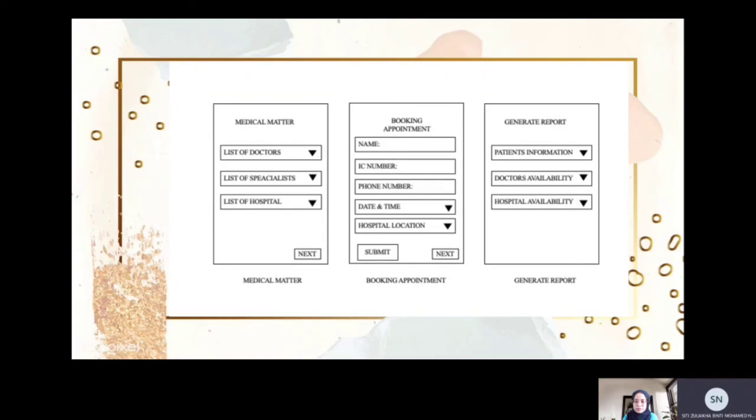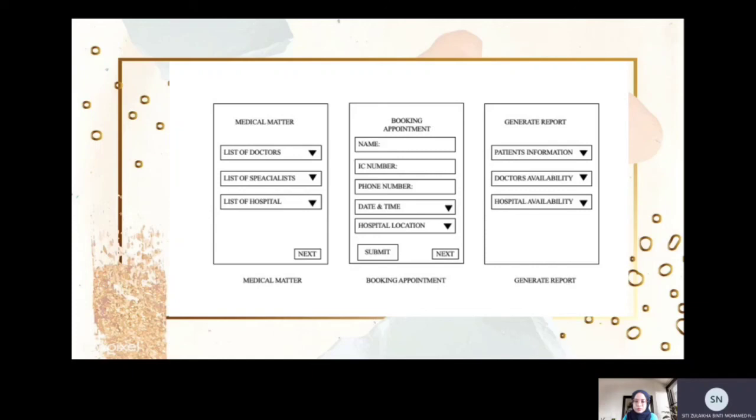Next, the user will go to the medical matter. In this screen, the user can see the list of doctors, so the user can choose which doctor they want to treat their illness. The user also can see the list of specialists.